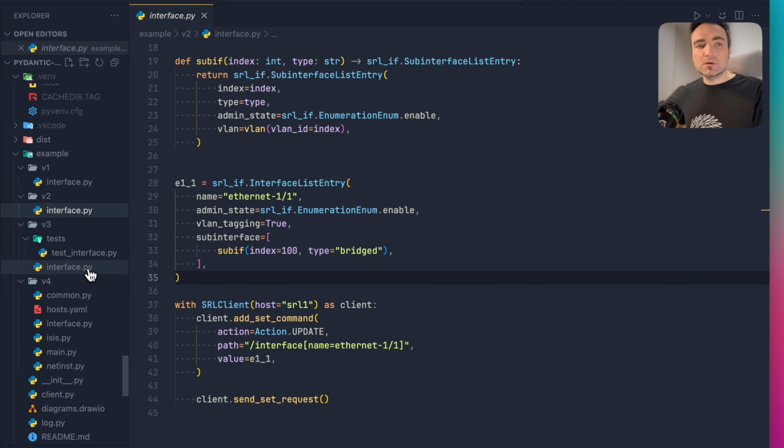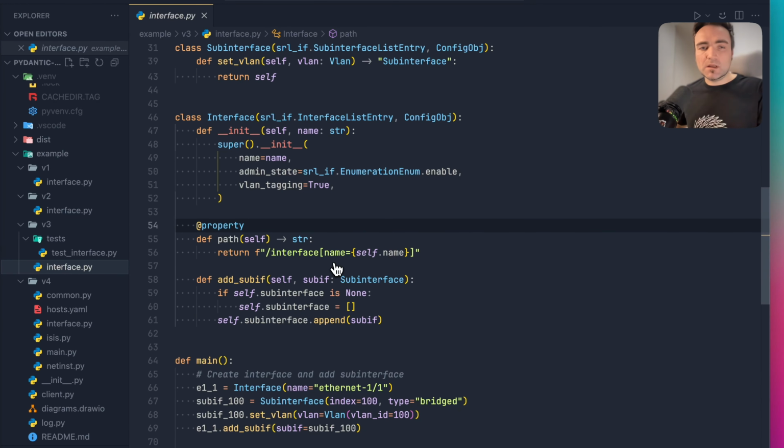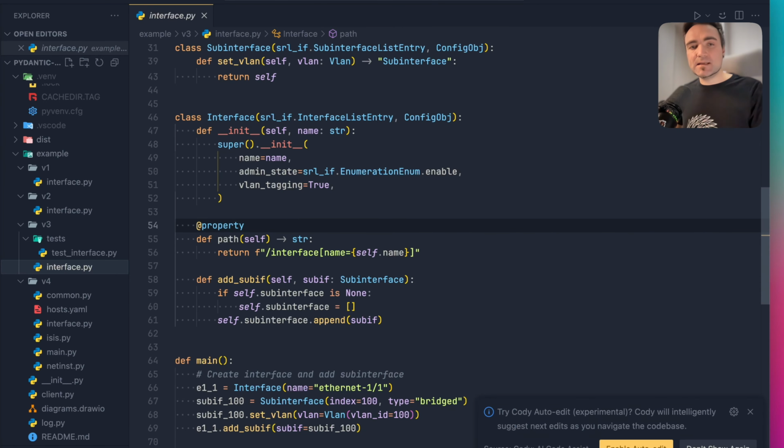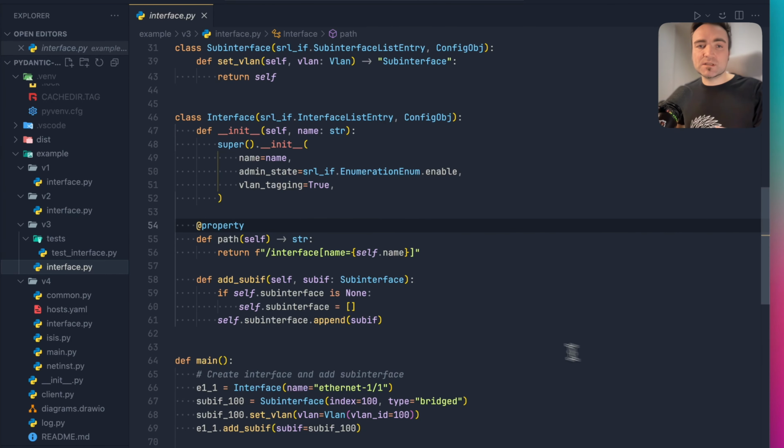But now when we do more like decomposition and structuring of our code, it makes sense that our class could have provided to us the path that is associated with it. So when we instantiate an interface object, we can just say, hey, my path for the interface object is /interface name equals the name of the interface. So now we do not need to hard code it,